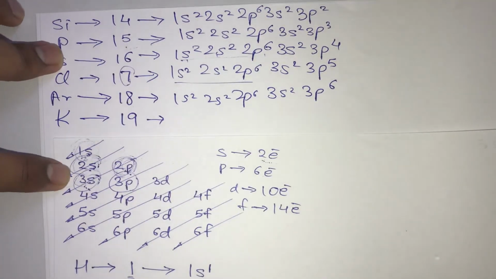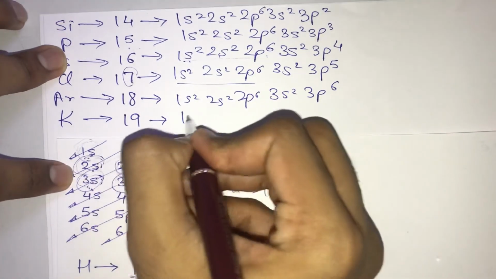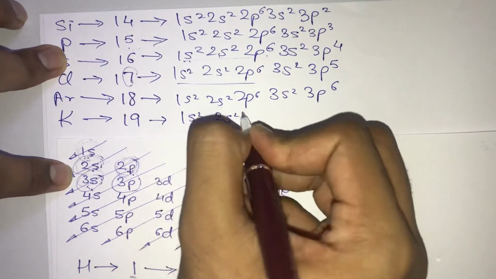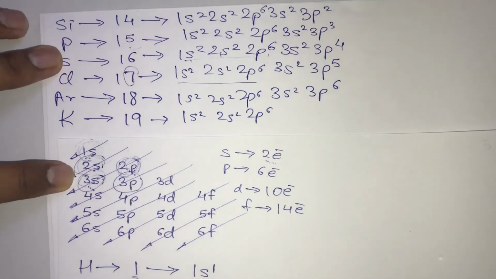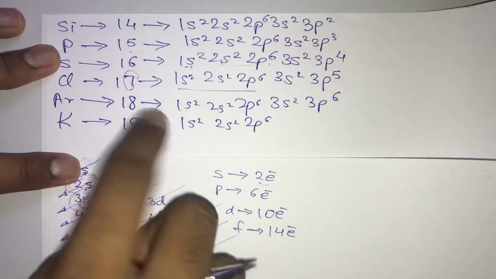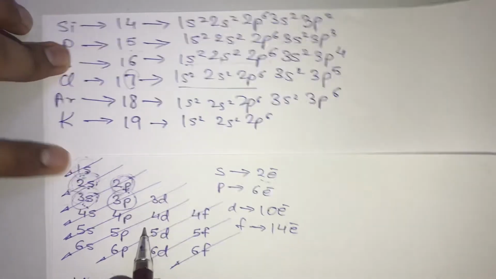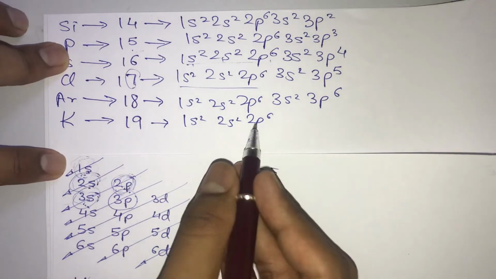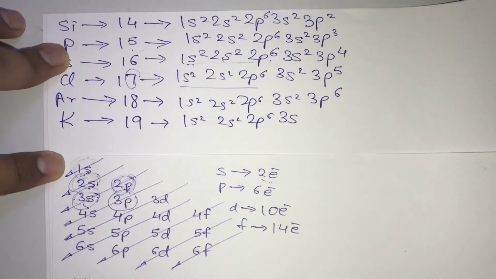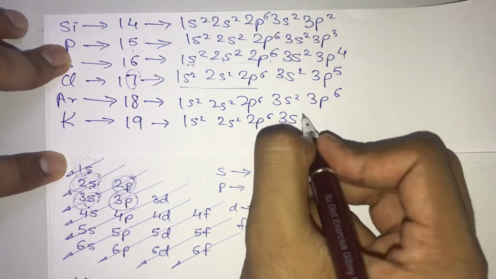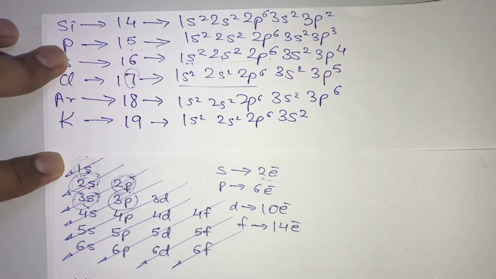So guys, now here, can I just blindly write 1s2, 2s2, 2p6? So I have finished with 10 electrons. Now I have the next 9 electrons left. So for the next 9 electrons, I am going to look at the diagram. After 2p comes your 3s, and 3s can take a maximum of 2 electrons. So out of 9 electrons, it is going to take 2 electrons. So still we are left with the next 7 electrons.